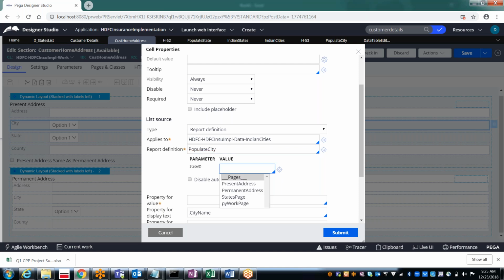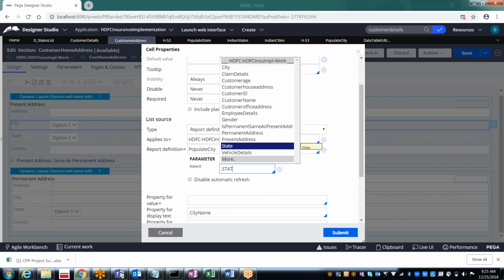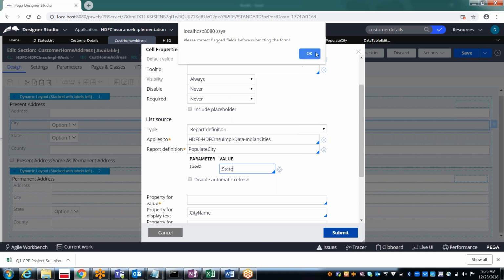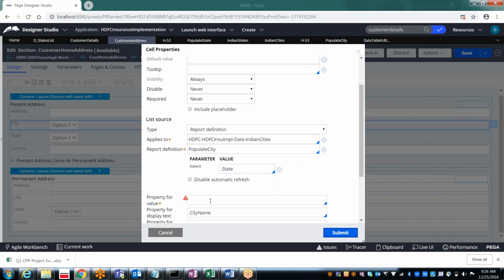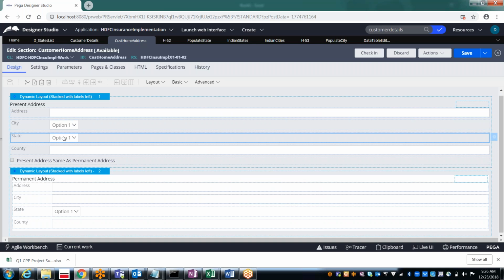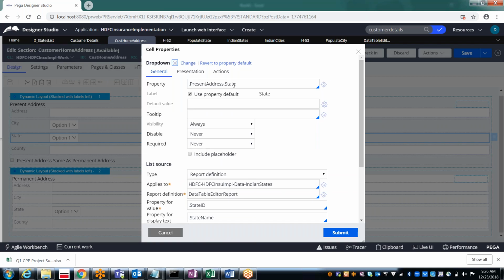So what is this parameter value we need to give? Dot state. Why should we give dot state? Properties we are calling, that parameter we are calling. Exactly. Why? Because the state which you are selecting is under the property of state. First we will be selecting the state, right?